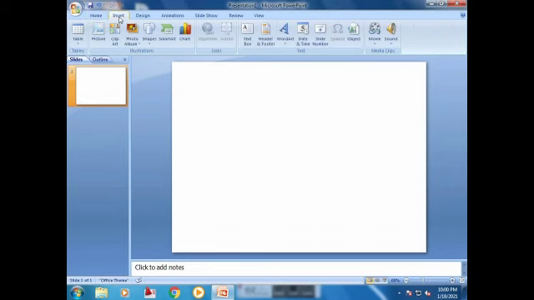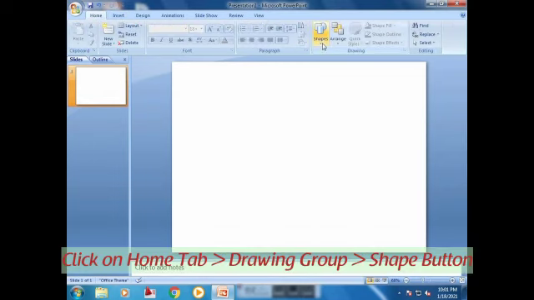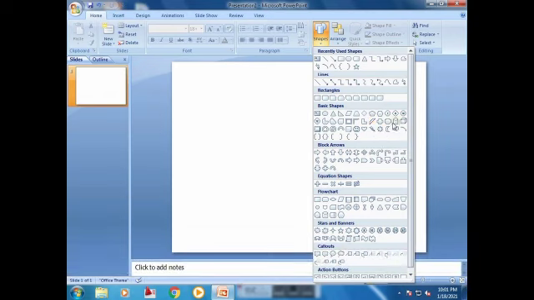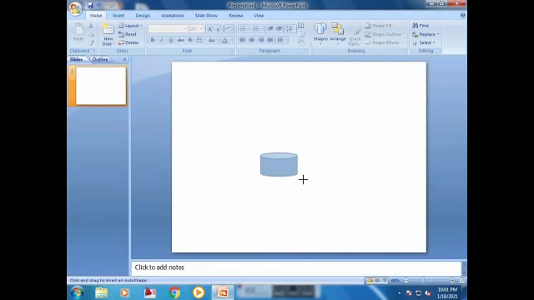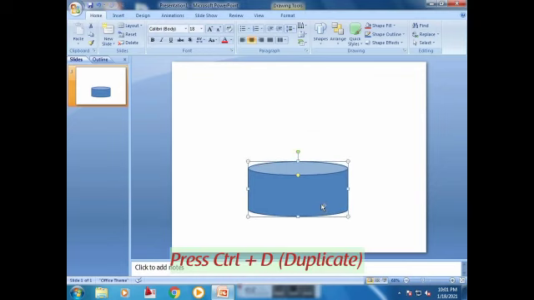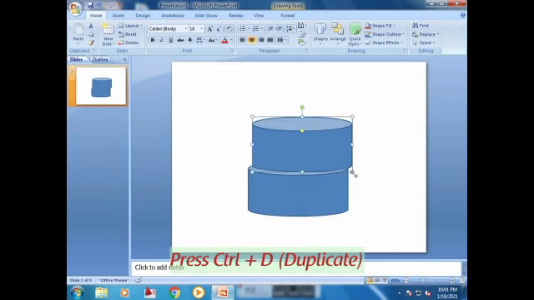Now click on the Home tab, Drawing Group and Shape option to draw a shape. Press Ctrl+D key to make a duplicate shape.